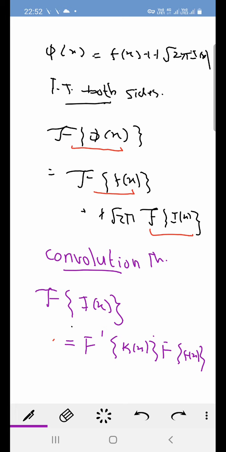So we'll use this Fourier transform in the present condition. Our present condition is this. So using the convolution theorem, the expression that we're obtaining is